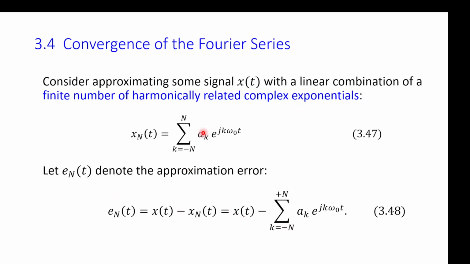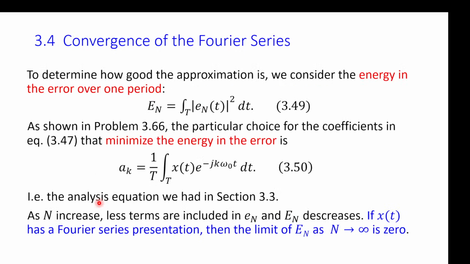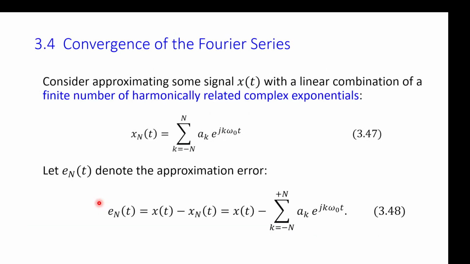And yeah, so we plug in the definition as x of t minus this series summing over k from minus N to big N. And what we hope is as N goes to infinity, this thing goes to 0. And if this thing goes to 0, then we are pretty happy. But